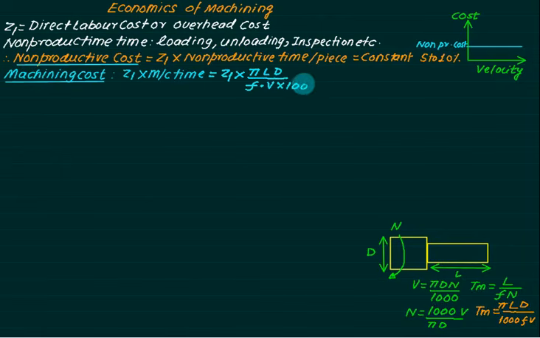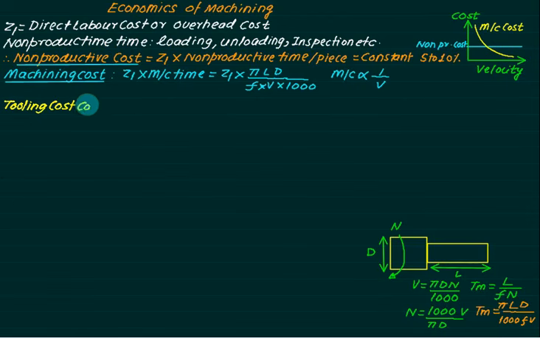So what we conclude from this is that the machining time is a straightaway function of what? Cutting velocity. And machining time is inversely proportional to the cutting velocity. When we have an inverse relation, it is always represented by a rectangular hyperbola. So this curve will represent the machining cost. As the cutting velocity increases, the machining cost will decrease, because the machining time will decrease as the velocity increases, and therefore the operator payment will decrease.